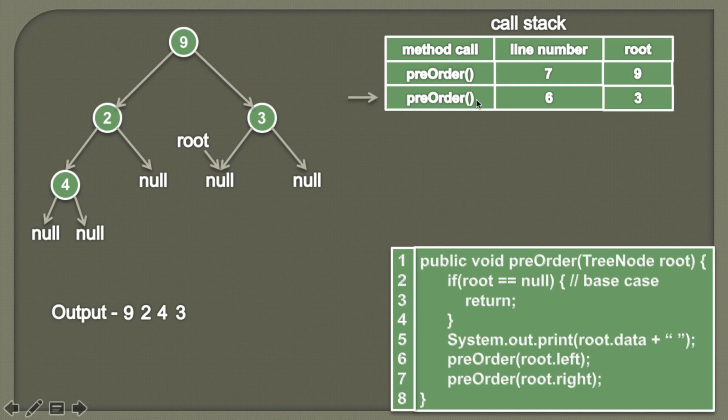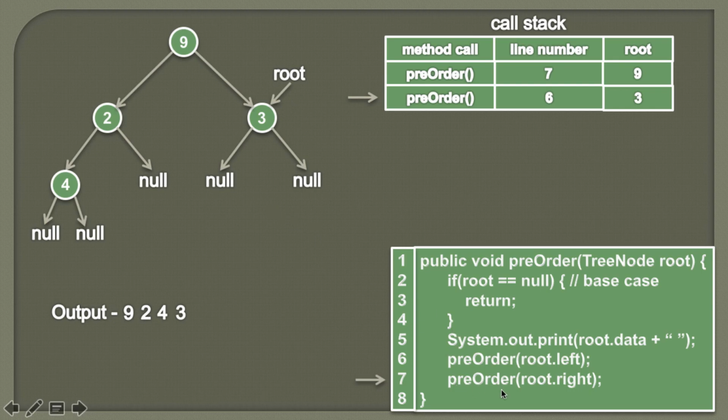So we'll again start executing the pre-order method. We know that we had left this pre-order from line number 6. Therefore the execution point will start from line number 6. We also know that when we had left this pre-order method, root was pointing to 3. So now root will point to 3. Moving ahead, from line 7, we'll now call root's right, because we had traversed the left subtree for the root 3. Now we'll process its right subtree.